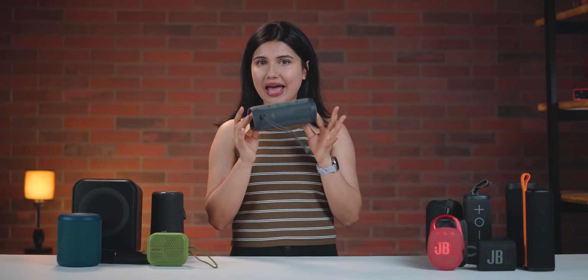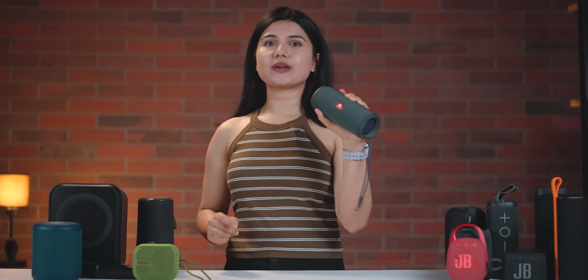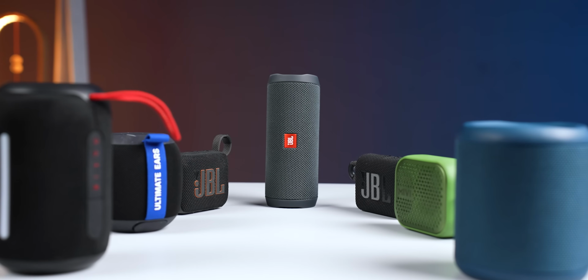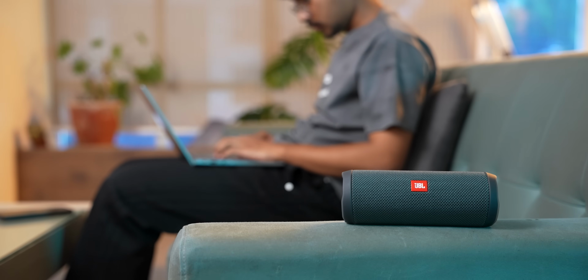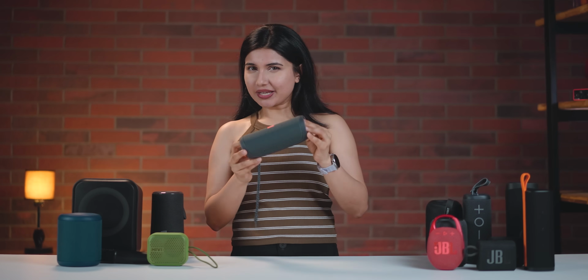It does not have app support either, but unlike the Xiaomi Sound Outdoor, this JBL speaker is tuned with a balanced sound in mind. Kinda like most of the compact entries on my list, it's perfectly pleasant to listen to, and honestly, I don't have much complaints with the way it sounds. I am just worried if it's a good value for money considering all of the other options that you get